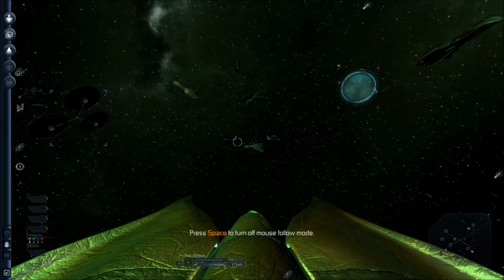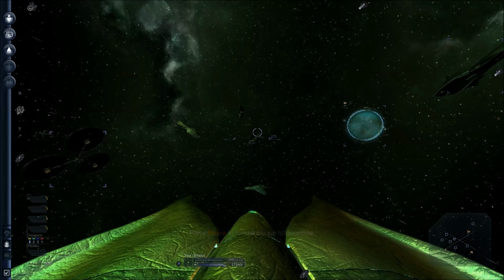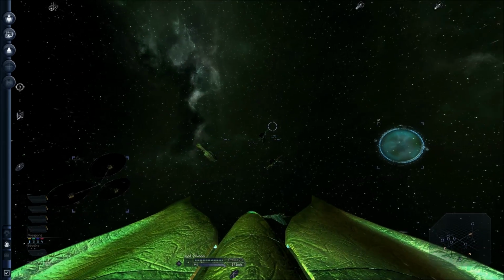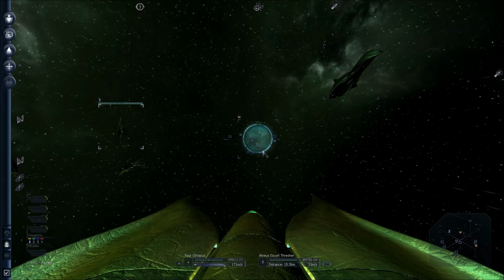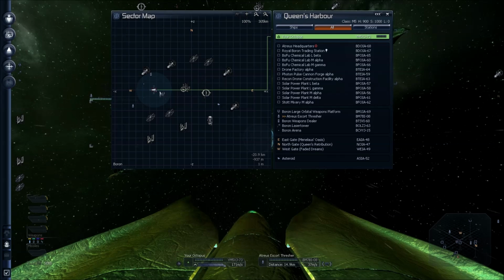And it looks like there's lots and lots of big ships out here. Escort, Thresher. I've never even seen these before. These are huge. Military Shark. Wow. So right now we're in a sector called Queen's Harbor, and this is our little ship flying through